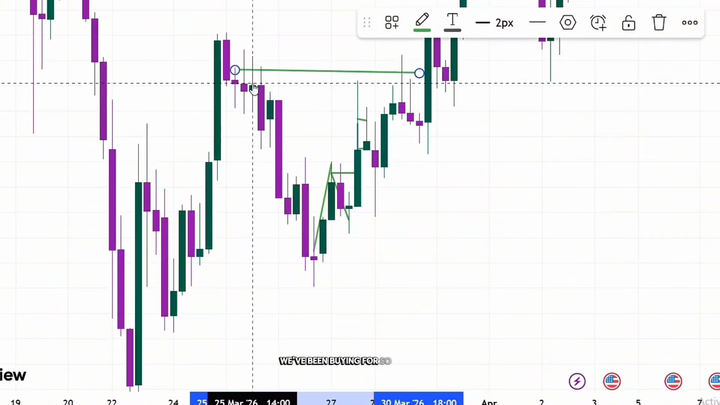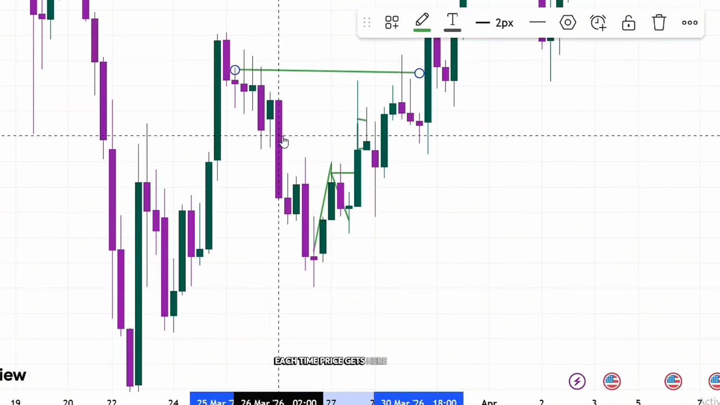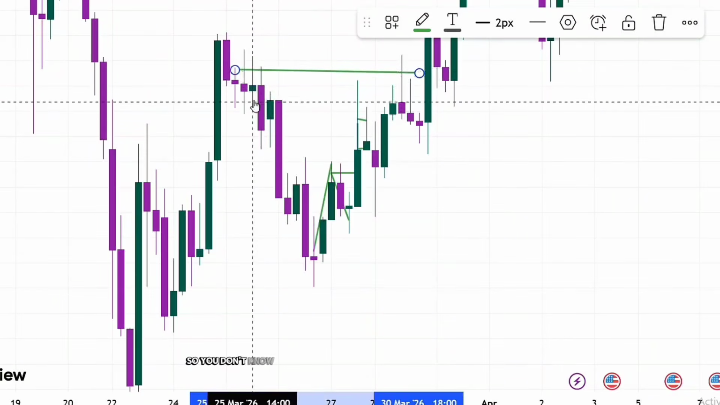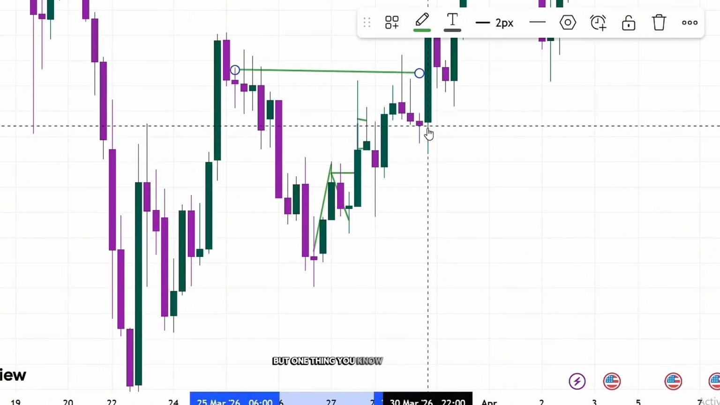We've been buying for so long. Each time price gets here, we take profit. Each time price gets here, we sell. Each time price gets here, it stopped buying. So you don't know exactly where the correction will begin to happen, but one thing you know for sure is